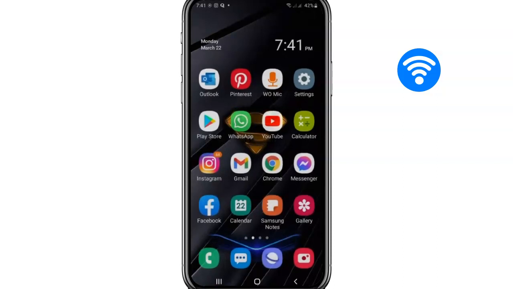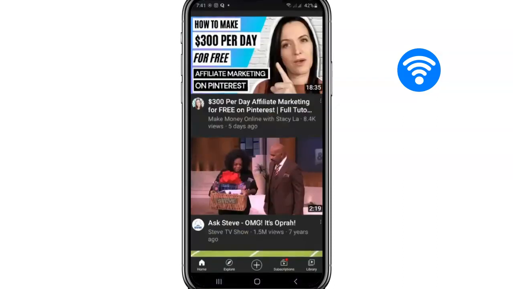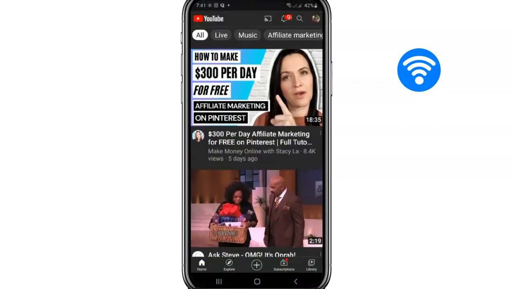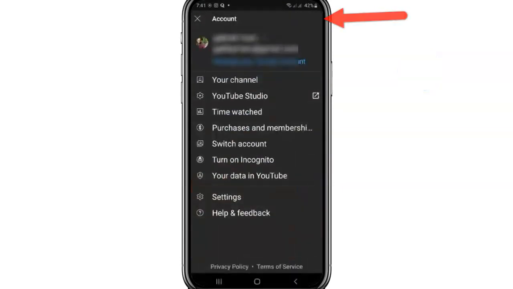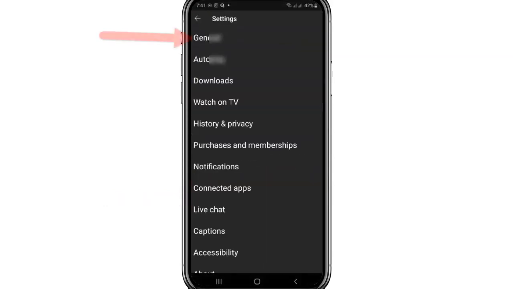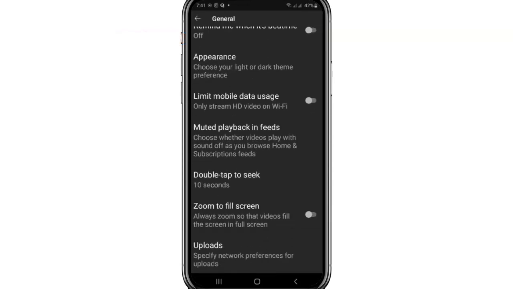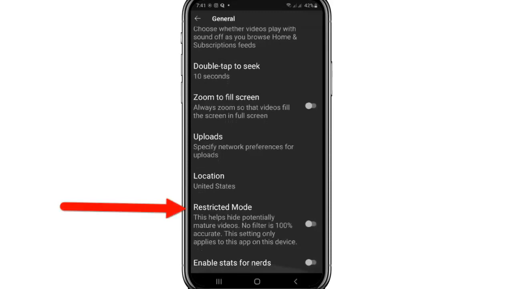So first thing first, tap on your YouTube app and then tap on your profile picture at the top right of the screen, and now scroll down to settings and tap on settings, and now tap on general, which is the first one on the list, and scroll down, and here we are,